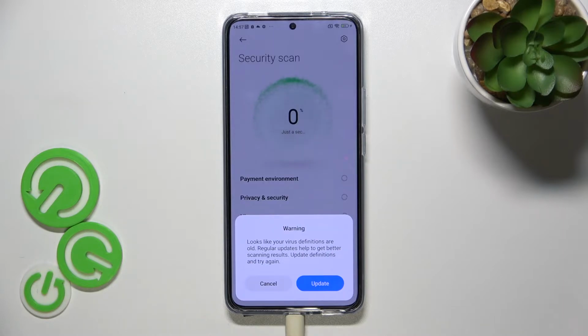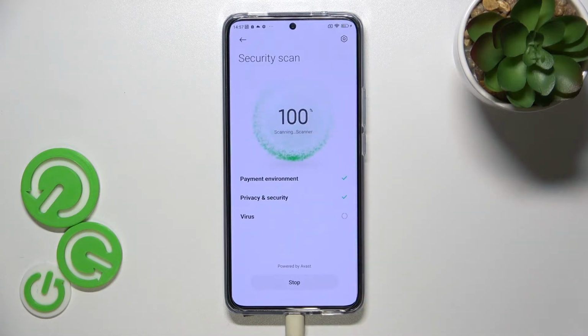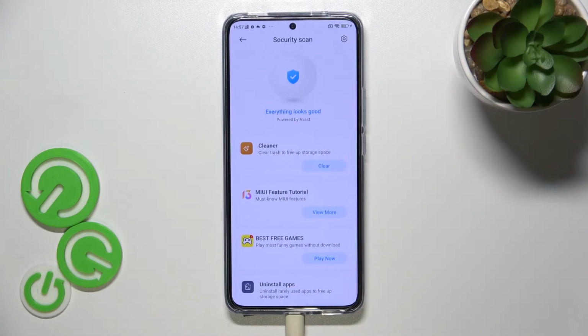Here we've got the warning. So you can update, of course, if you've got, let's say, an old version of the security scan. I don't want to do it right now, but I highly recommend to tap on update. So let me cancel, and as you can see right now the device will scan itself, so the payment environment,